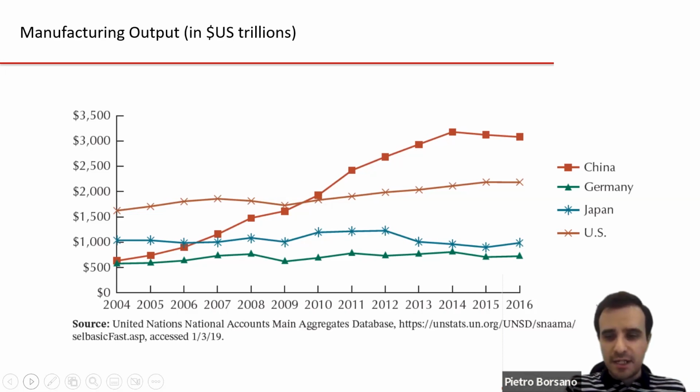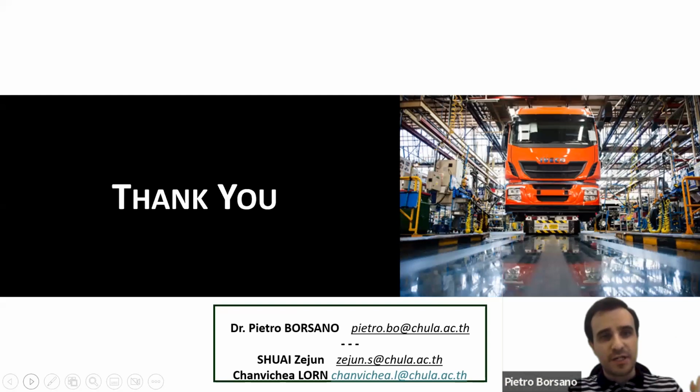So what we have seen in this lecture was, first, the role of the product life cycle in different strategies and processes, how the product life cycle can relate to the operational function, and finally, the factors reshaping operations and supply chain management, one of them being the product life cycle, and specifically the customization and shorter product life cycle, which are driven by market demand.